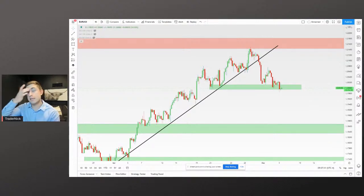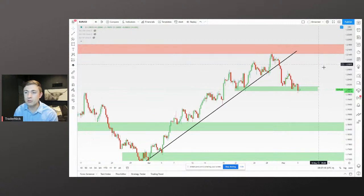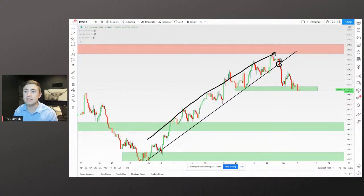We are over on the charts now, taking a look at the Euro USD 4-hour chart and talking about what's moving here. Anybody trading the Euro right now? The Euro has been a bit of an interesting one. We were in this super strong uptrend. Price is starting to break here and form a breakout to the downside, but now testing a major level of support